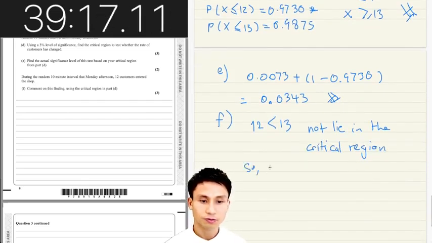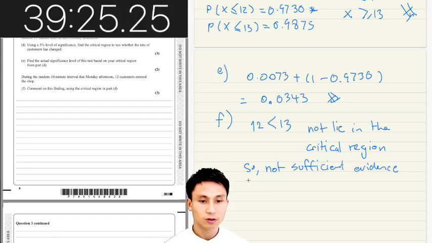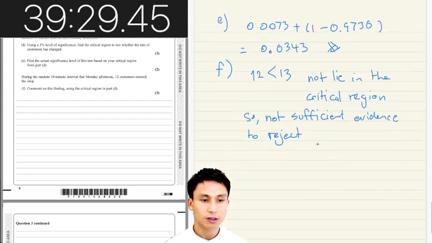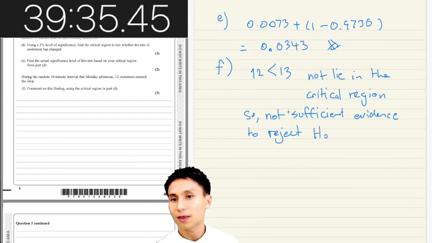So there is not sufficient evidence to reject the null hypothesis. I'm just going to write H naught there. Okay. And that means